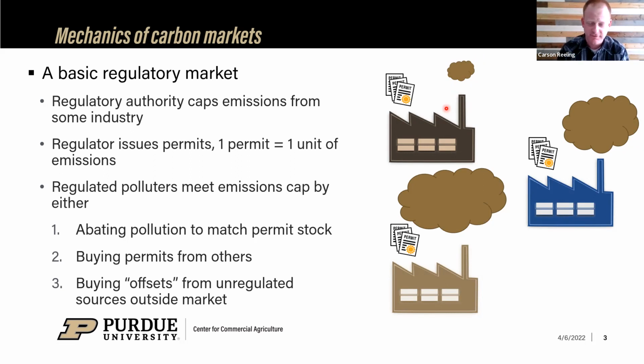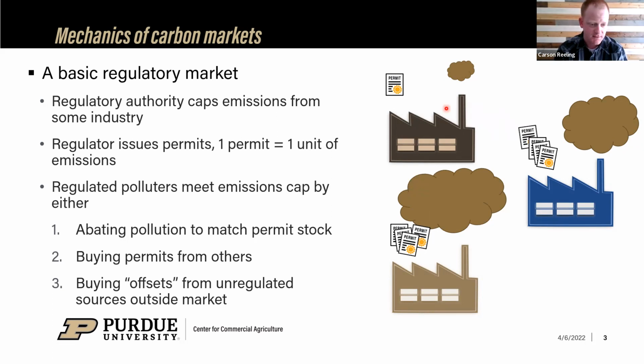Let's suppose that these other two factories find it very expensive to get rid of their own emissions. They might go to this top factory and say, look, I know you've got these extra permits laying around. We find it very expensive to get rid of our own pollution, but if you sell us your permits, we can add them to our stock of permits, and that allows us to emit more, since you got rid of so much pollution basically on our behalf. So that's the second way we can meet our emissions cap, by buying and selling permits between these regulated